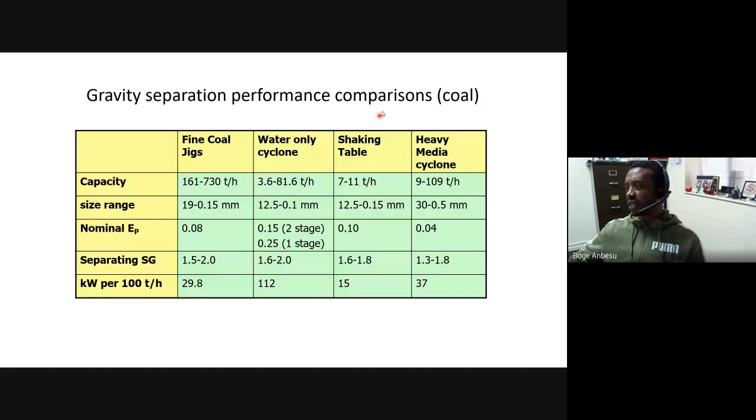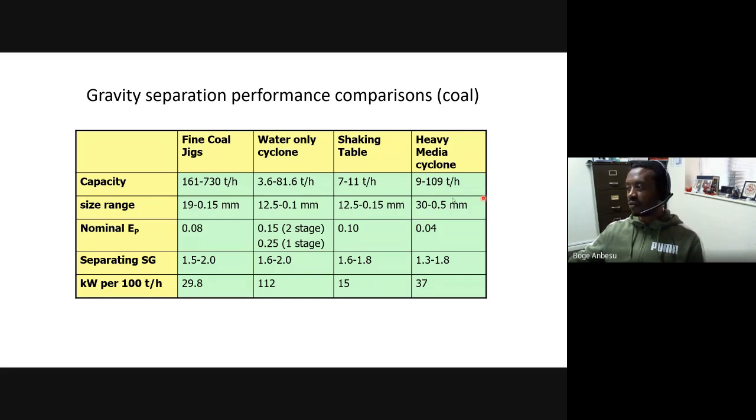Okay, so in terms of performance, we can compare different separators, and this is typically done for coal processing, but it can be applied for ore processing as well. So this is where dense media separators are. You could work at significantly high tonnage, okay? But in terms of tonnage, jigs are probably much more preferred. Shaking tables typically have low capacity, and typically they're also restricted to something like maybe beach sand deposit or high-grade gold ore and so on, which can be operated at lower capacity as well. And in terms of size range,